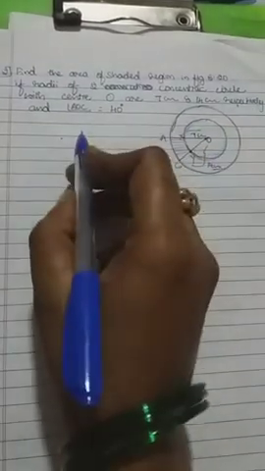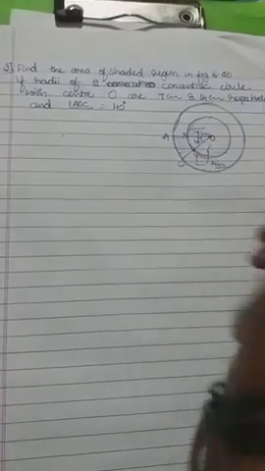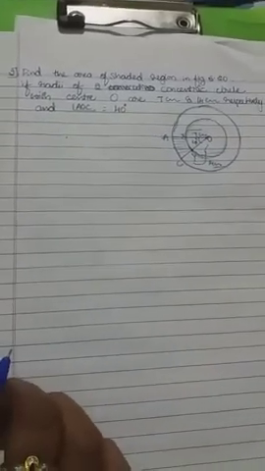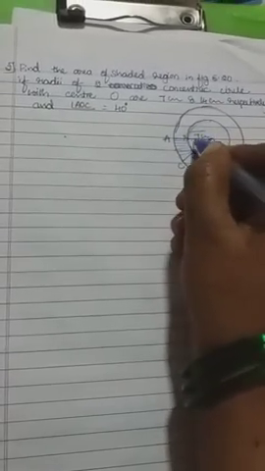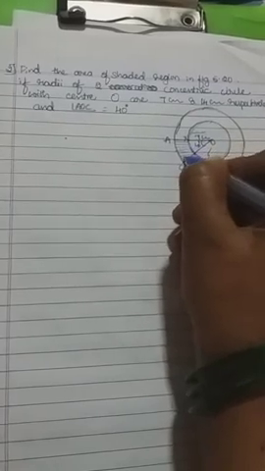So angle AOC they have given, how much is it, 40 degree. Then we want to find the area of this shaded portion. So concentrate, students, here. First we have to find this area, then the big area. In that big area, if you subtract this, we will get the area of the shaded portion. That thing we have to analyze first before solving, then we can get an idea.